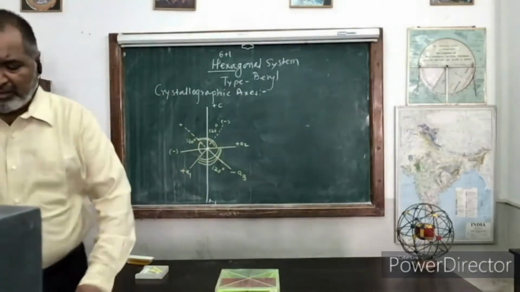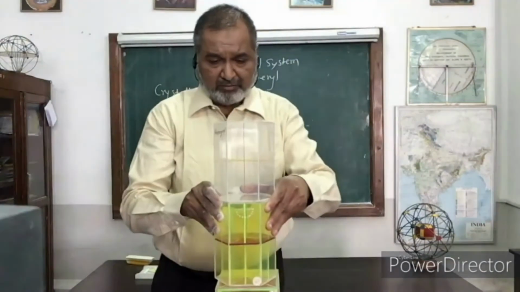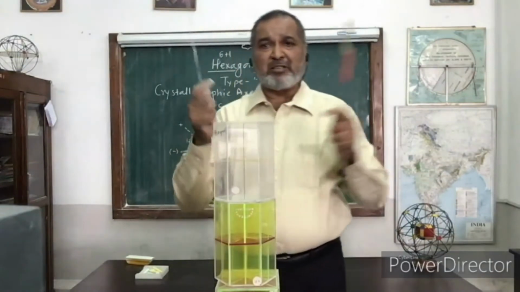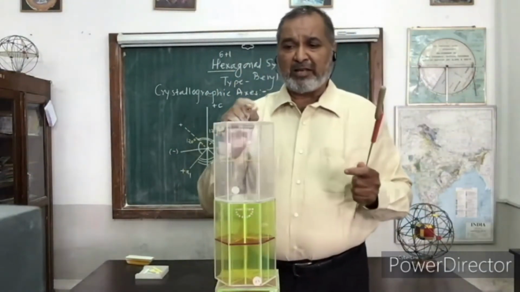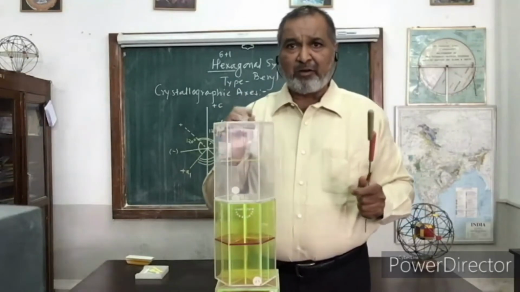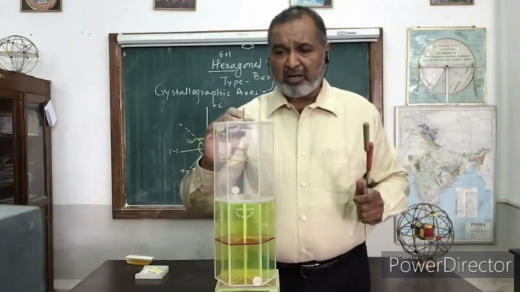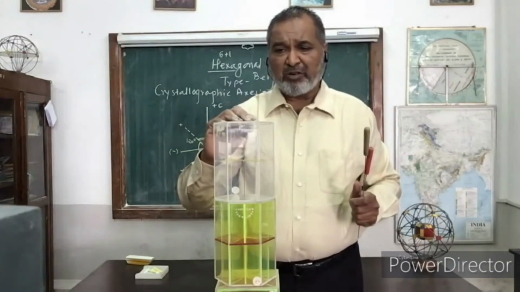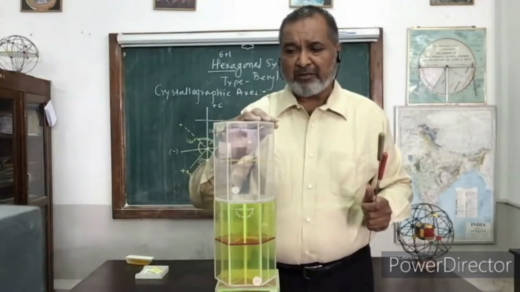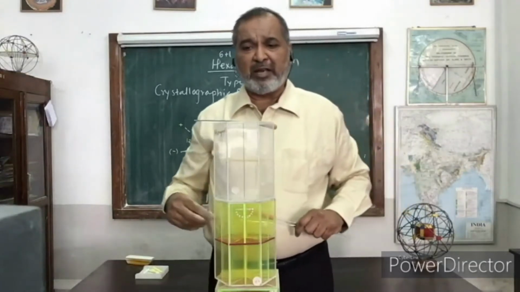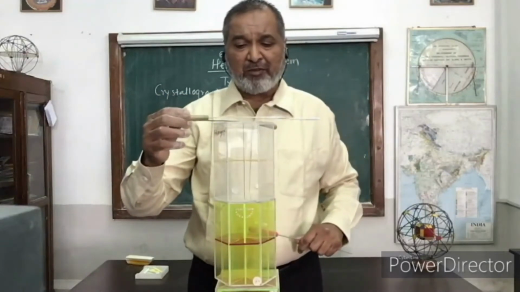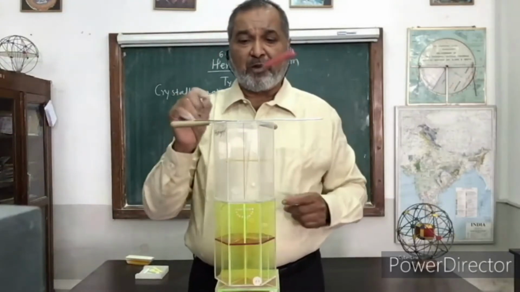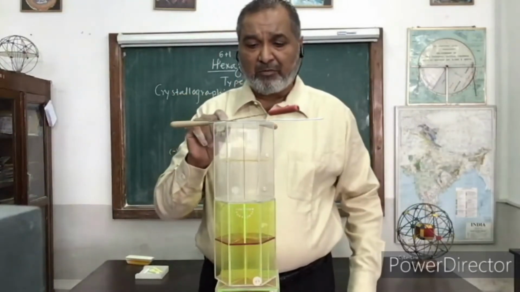Now here we have the glass model of the hexagonal system, where we can make out the imaginary axes. Here we have six corners. The earlier A1 ran from front to back; here it is slightly shifted, so it will be on this side. Corner to corner, this is your A1 axis. A2 is as usual running from right to left, corner to corner. And a new axis is introduced extremely on the right-hand side, from corner to corner.